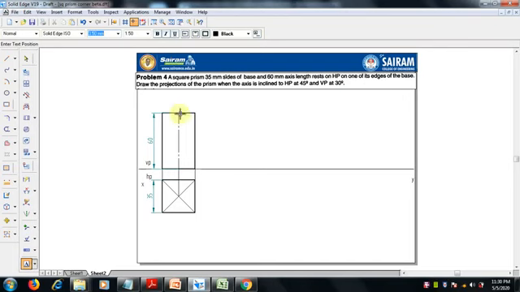Now we have to mention the names for it. As we know, the top is ABCD and the bottom face is 1 2 3 4. I will start from here because this is the edge going to rest. So here I will start with A in bracket 1, that is hidden, A and 1. This is A dash, here 1 dash in the front view. First we will finish the top view: A 1, B 2, C in bracket 3, D is visible, 4 is invisible, so it is in bracket.